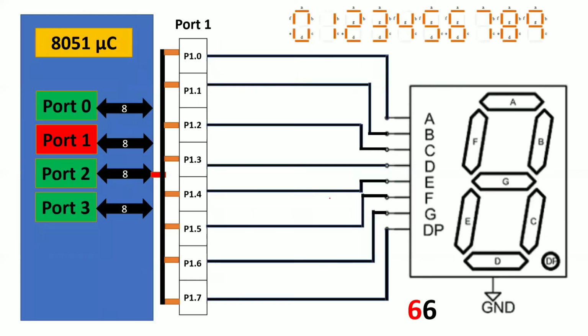Now see here, the 66 will be sent to your port 1. Now look at it, 6 and 6. So 66 is sent to your port 1. Now you tell me which LEDs get turned on? B, C, because there is a 1 for that particular pin, and again F and G. So F, G, B, C will get turned on. Exactly. See, now you got 4. The 4 gets displayed in your 7-segment display.